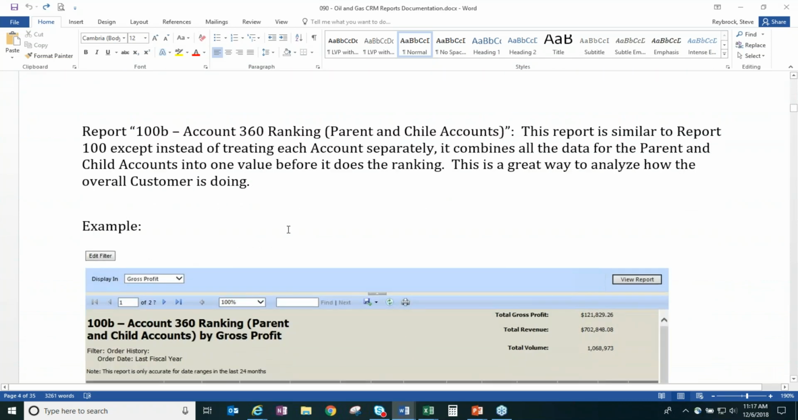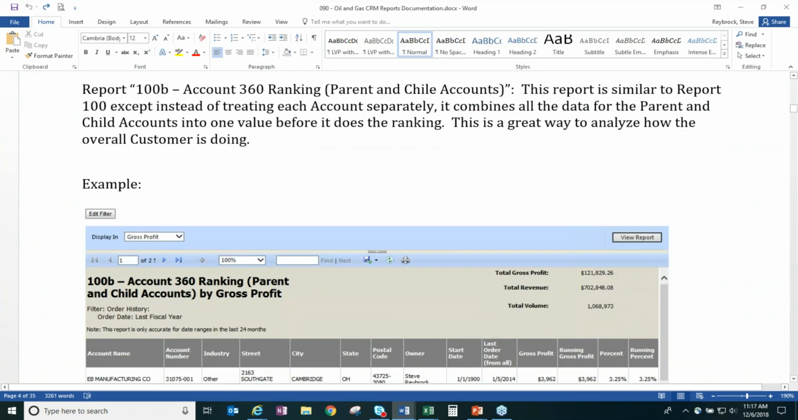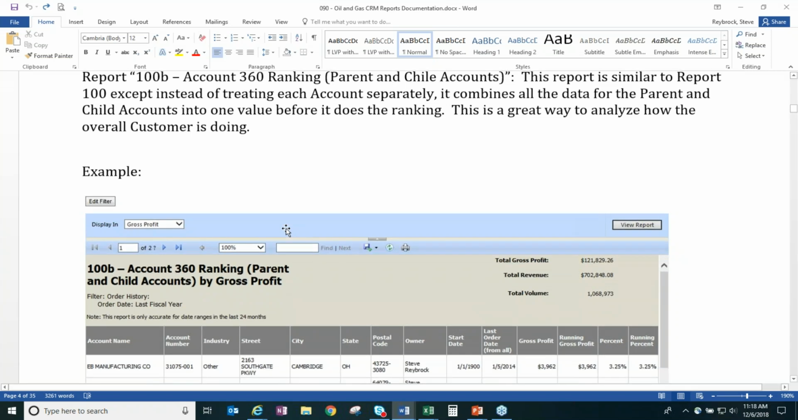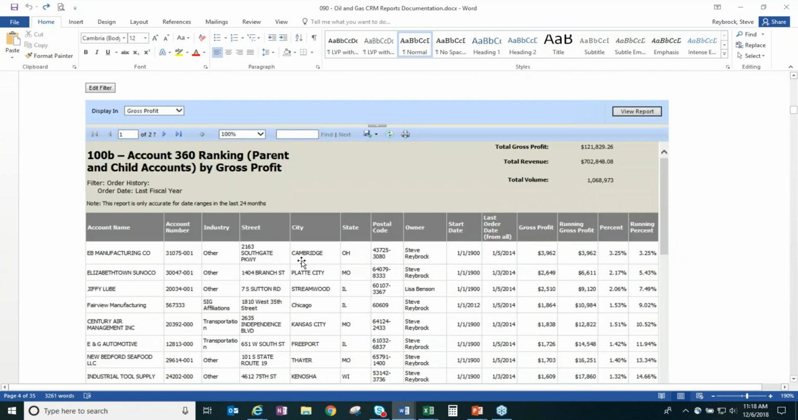It's called 100B. It's a ranking report, but we have a lot of customers who have their ship to accounts as separate accounts in CRM. So this is a great way to rank your customers from highest to lowest, but it combines the parent with all of the ship to accounts and then just ranks basically the parent accounts. So it's a way to holistically look at your customers, not each location. So again, it's basically the same looking report, but you're not going to see ship tos on here. You're just going to see all the parents